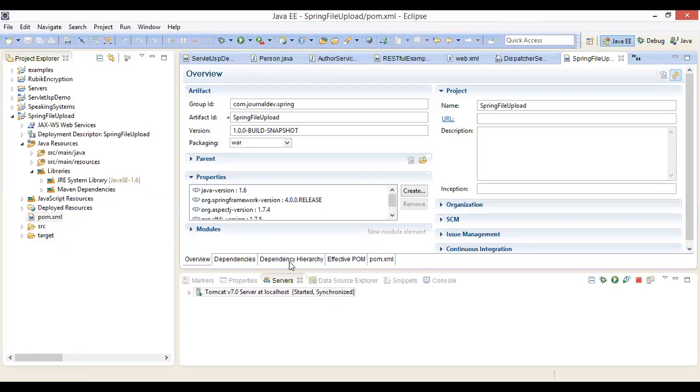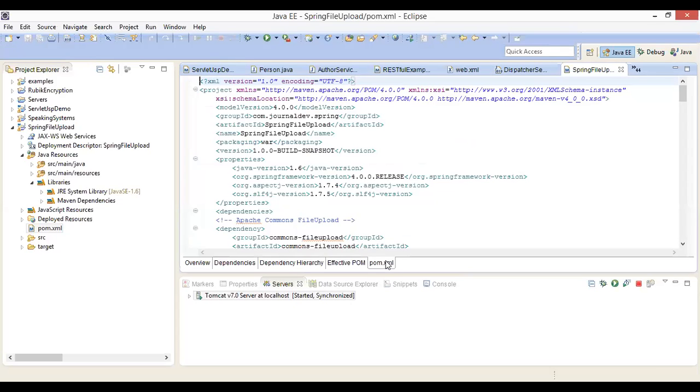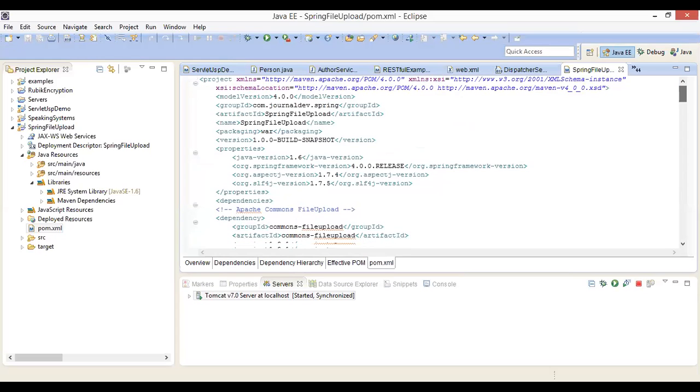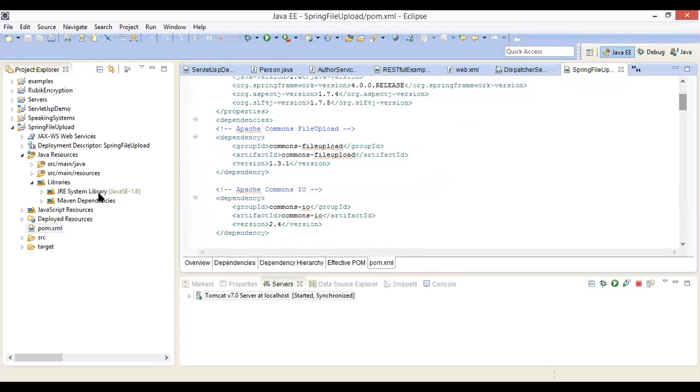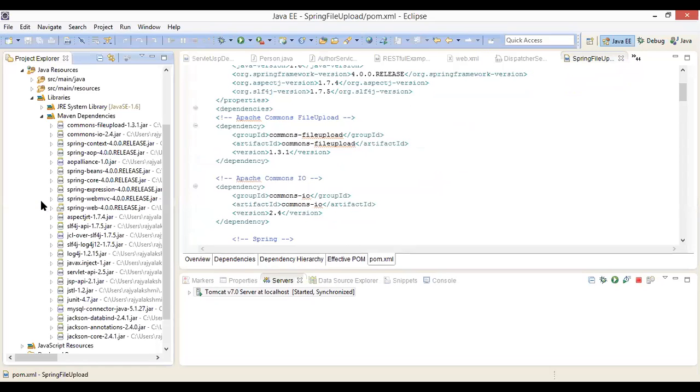That is, Overview is there, Dependencies is there, Dependency Hierarchy is there, Effective POM is there, then an XML code type of display is also there, pom.xml. If I click on the tab, you can see the XML format. In this, whatever you want to add, suppose today I want to develop my web service using Jackson. So this is Jackson databind and Jackson annotations and Jackson core. These three are required for writing my web service.